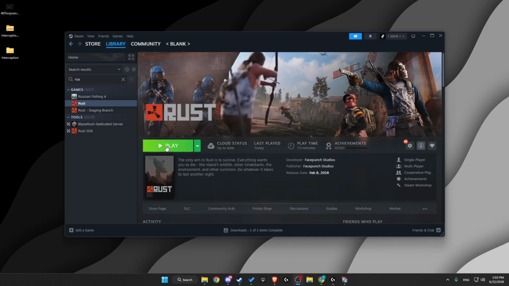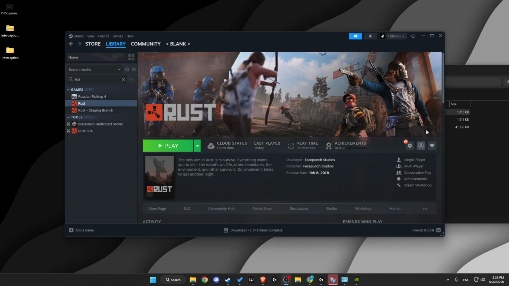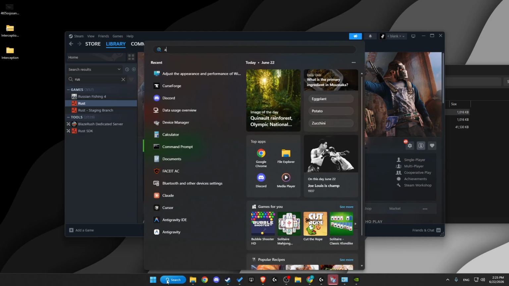And nothing happens and I just need to press the play button again. So I will show you how you can fix that. What you need to do here is to increase your virtual memory. And to do so, you just need to go to advanced